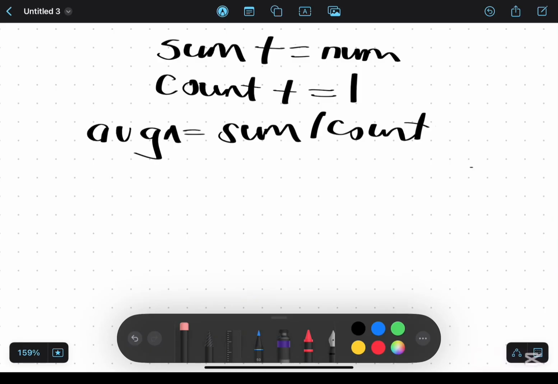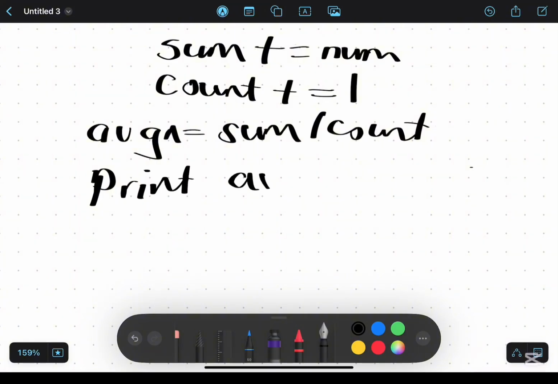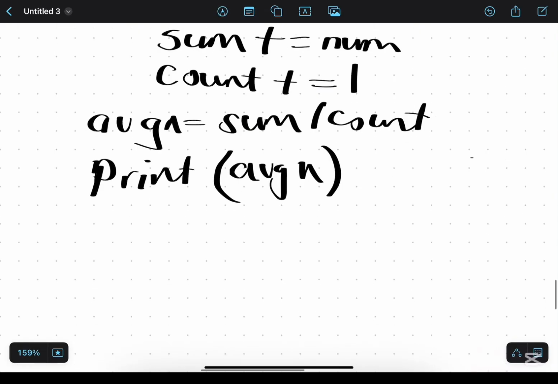So we can come in and say print AVG there. Do go and check out what the differences are between where you write the print and where you have it. We can do it like that, right? Then we have our numbers, print average, and then